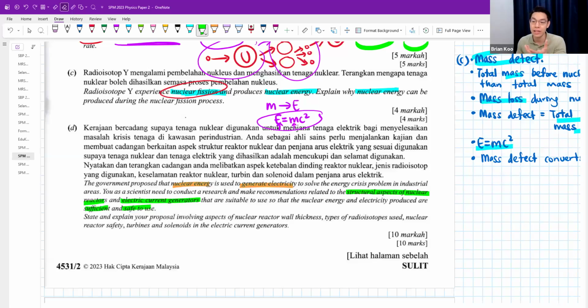Sufficient means there is enough energy. Explain your answer involving aspects of nuclear reactor wall thickness, type of radioisotope used, nuclear reactor safety, turbines and solenoids